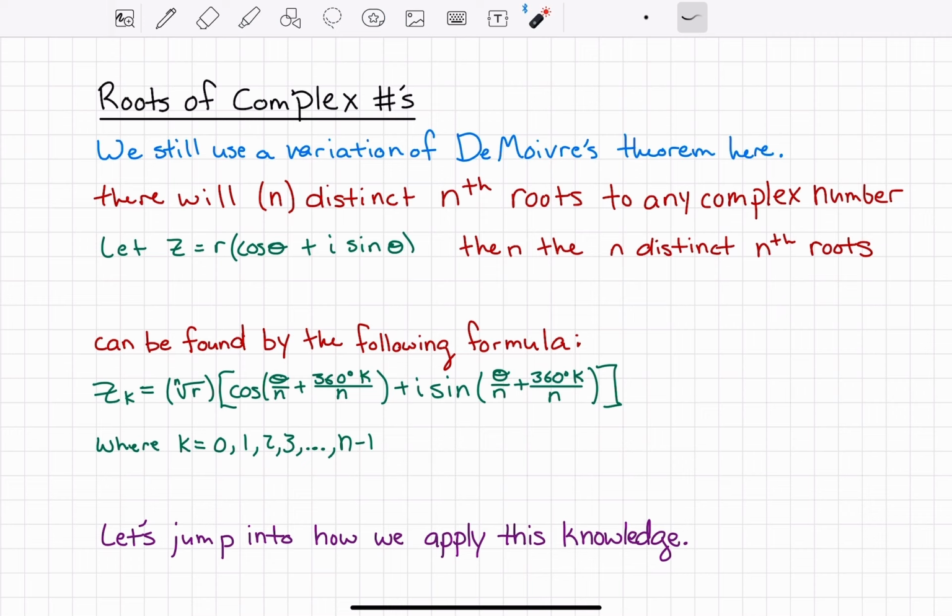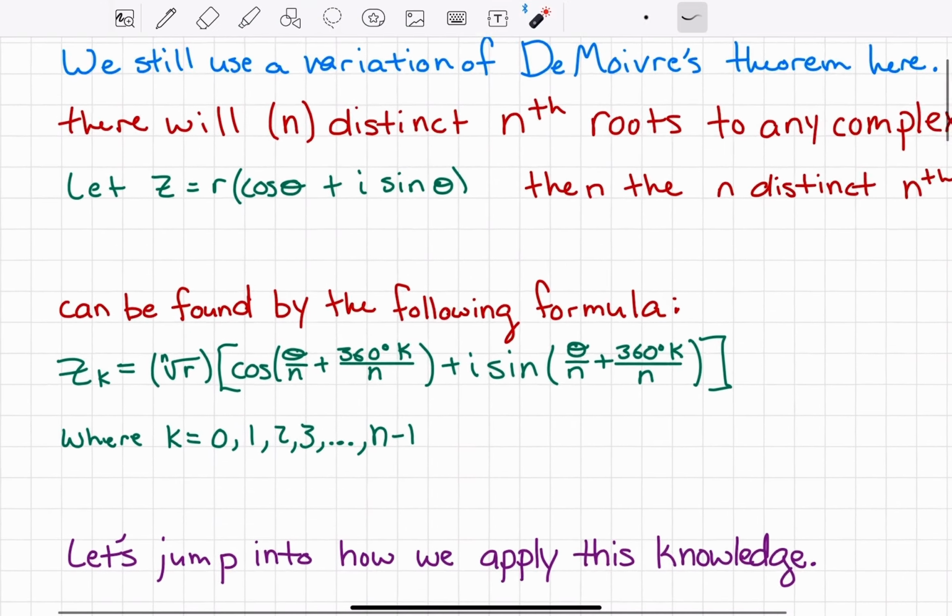You notice those trig functions: cosine, i sine. That said, if you are looking for the roots of a complex number, but you are given a number in rectangular form, then you're going to want to convert that to polar form first. And we'll do an example where we have to do that in a little bit, just as a reminder. But let's go ahead and take a closer look at what this variation of de Moivre's